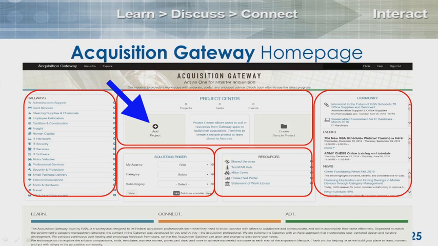The first thing is we talk about how we want the Gateway to be your project space. In the center there with the giant blue arrow, this would be if your boss came to you and said, I want you to buy Agile Development Services.